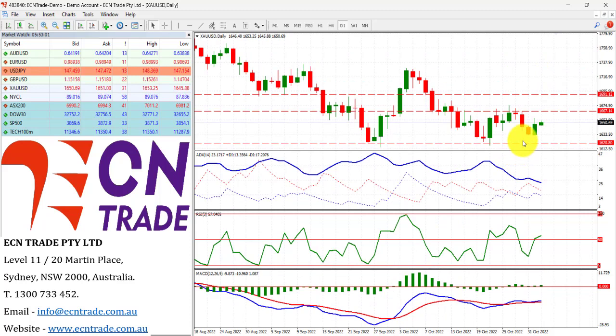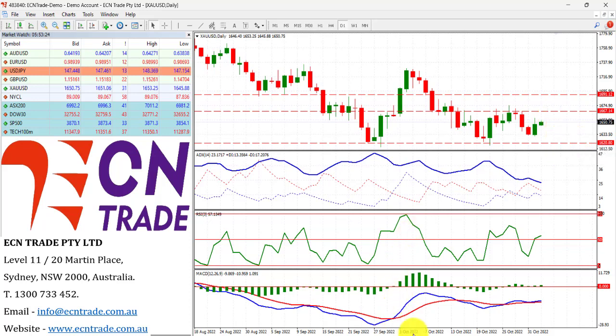A very whipsaw price action as we keep holding within the boundaries of 1,621 to 1,666. In light of the pattern, we do have an engulfing candle from the overnight, but it lacks momentum in terms of how the MACD is looking and the RSI. So we may continue in this range and may again see disappointment towards the top side and eventually fall back